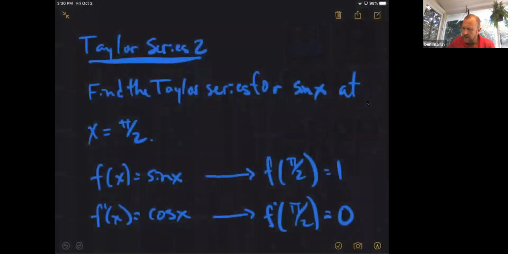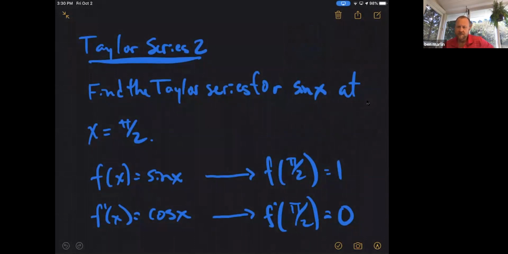So let's take a look here at another one. And I've tried to pick one that is a little bit like one of your homework problems, but not exactly the same, okay? And so this time we're trying to find a Taylor series for sine x. So if you look at the end of your section, they just give you the Maclaurin series for it. And you ought to go through, I think there's an example where they work that out. You ought to go through and see how that gets worked out. But we're going to do the one for sine x at pi over 2